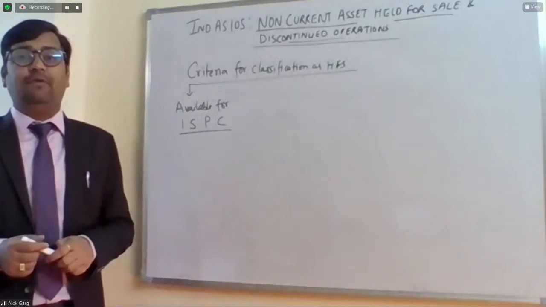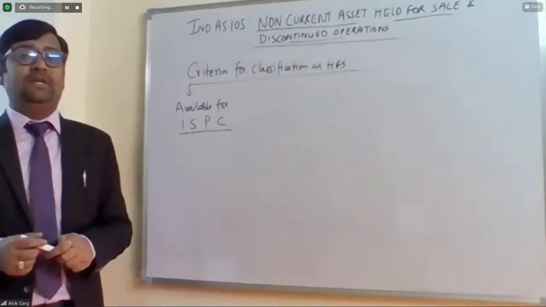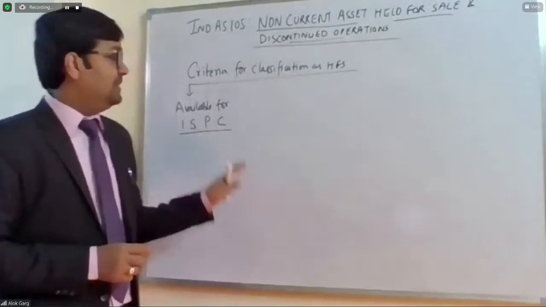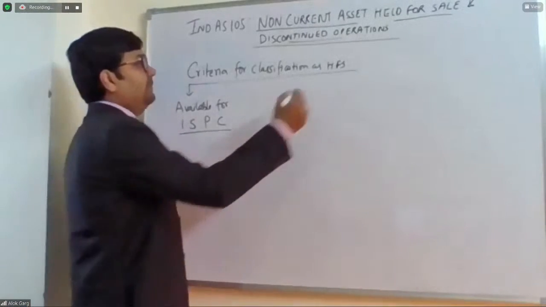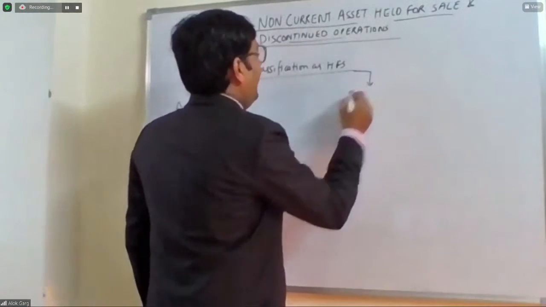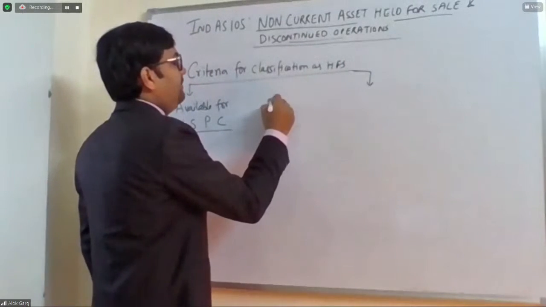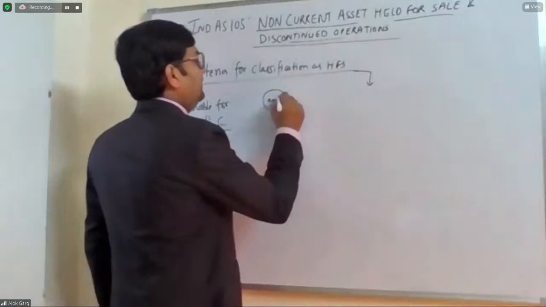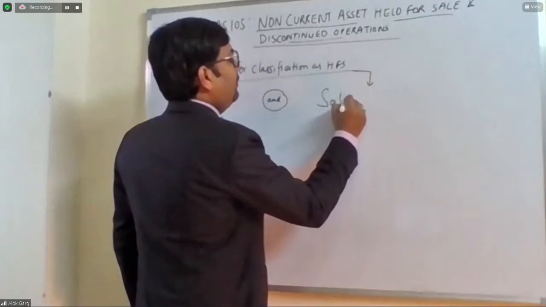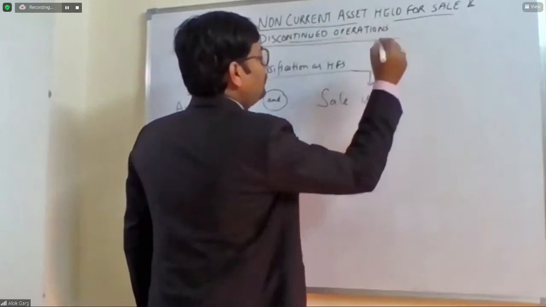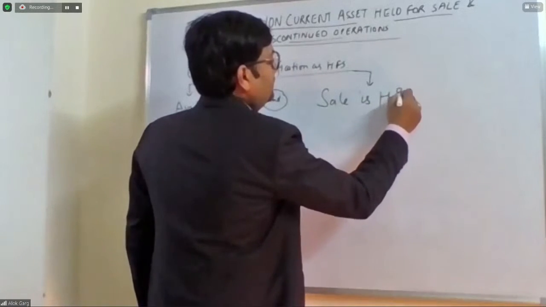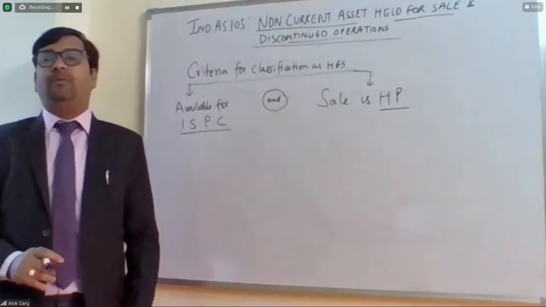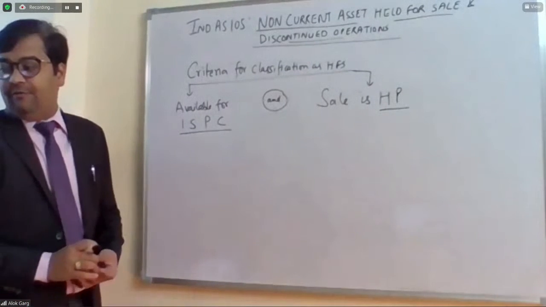It is available for immediate sale in present condition. So this is the first step. Second, what is the second criteria? Available for immediate sale in present condition, and sale is highly probable. Sale is HP. Sir, what is HP? Hindustan Petroleum. Sale is highly probable. If you remember,